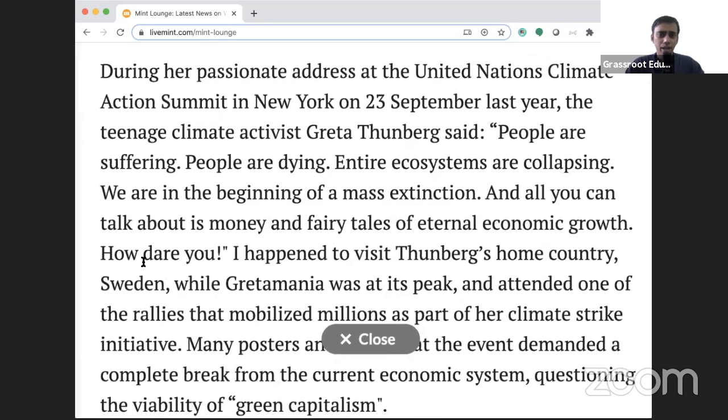Now, let's get into the passage. During her passionate address at the United Nations Climate Action Summit in New York on 23rd September last year, the teenage climate activist Greta Thunberg said,